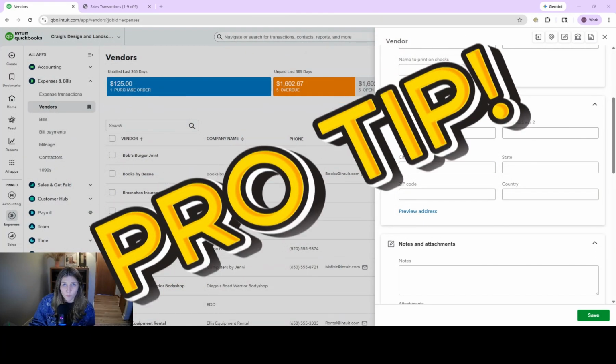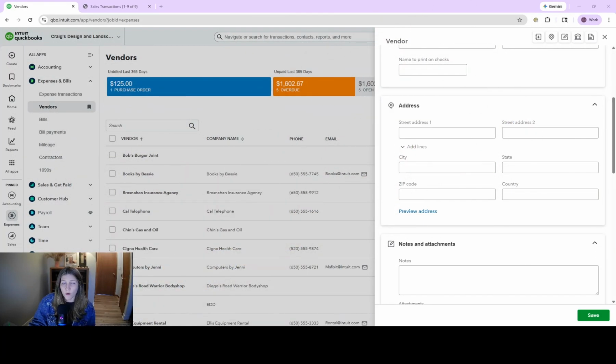address. Pro tip. If you plan to pay this vendor with a check through QuickBooks, or you need to send this vendor a 1099, I would 100% encourage you to add the address and the email for the vendor. Obviously you can't send a vendor a check without the address, and you can't send a contractor a 1099 without an address. But entering the email address in there too, I believe when QuickBooks sends 1099s, they will also email it to